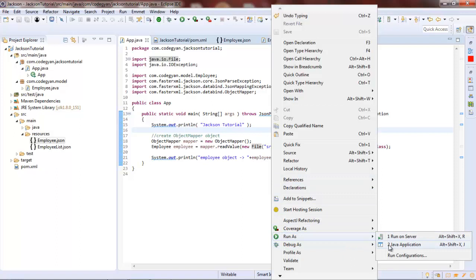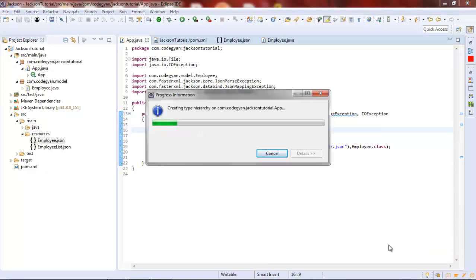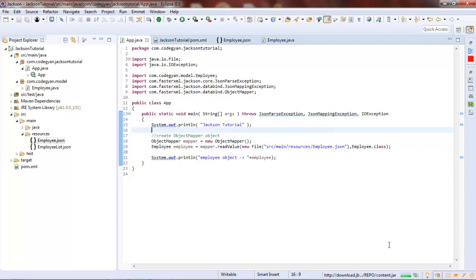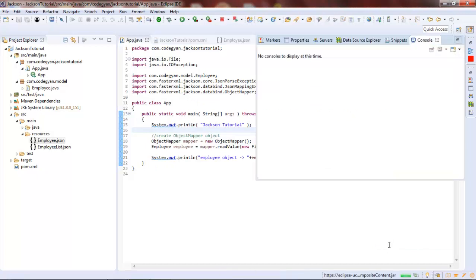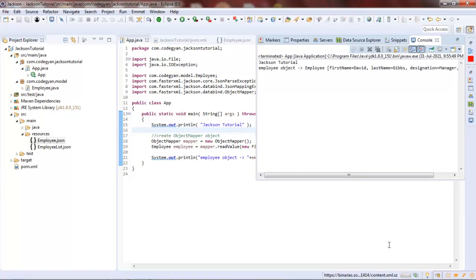Run as Java application. Here you can see in the console, our JSON string has been converted into the employee object, and first name, last name, designation, and age, all the attributes of the employee are printed over here.